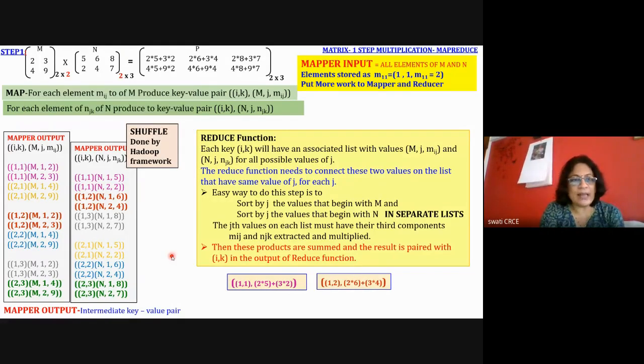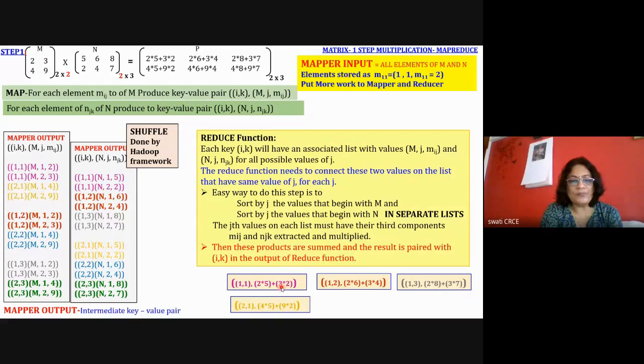Okay, so this will happen for all the keys. So 1 comma 1 and 1 comma 2 are done. Now the first row third column, shown in the gray color here. They are shuffled and sorted on the basis of J, and they are stored as 1 comma 3 as the IK pair with the value.